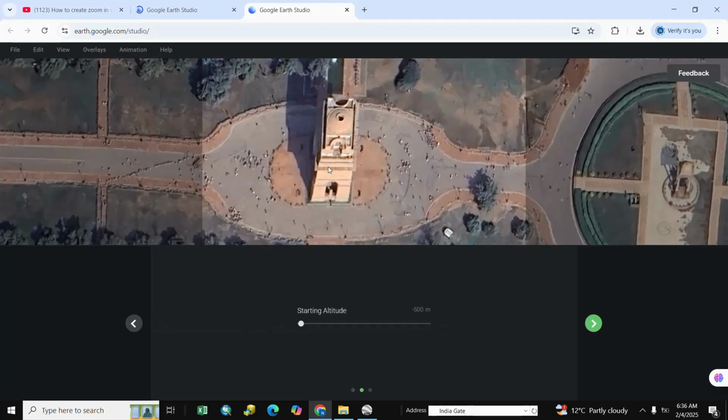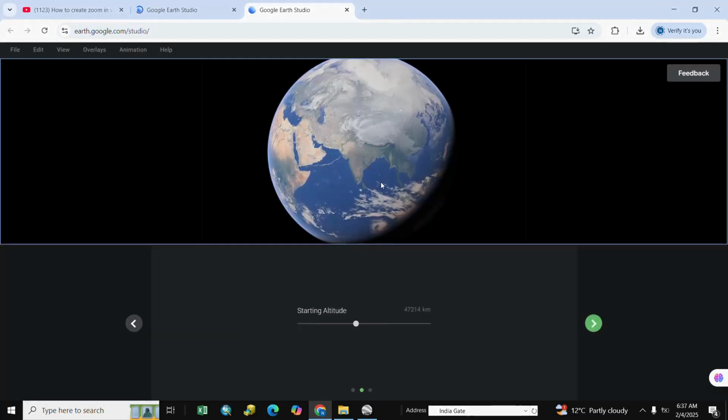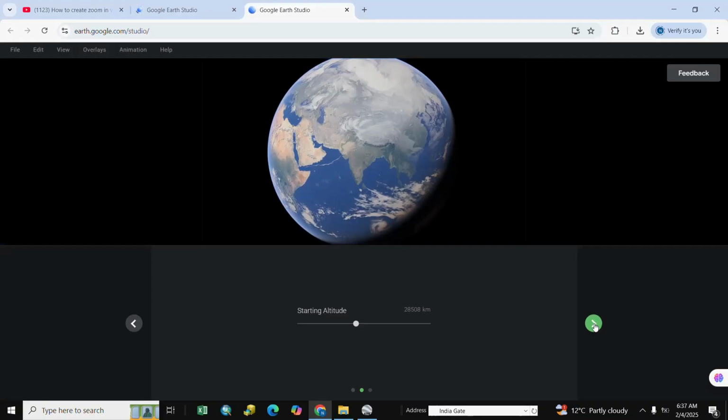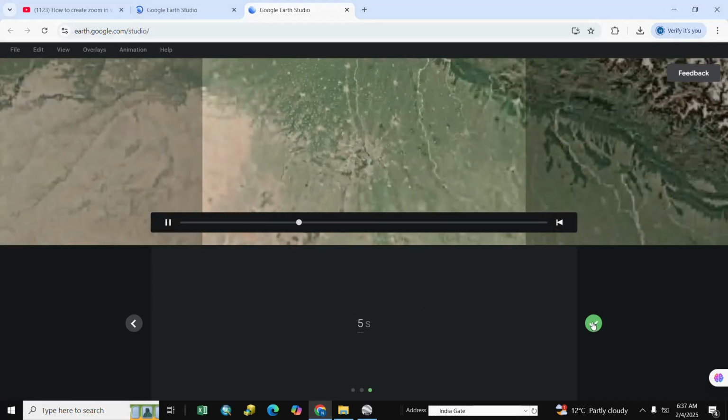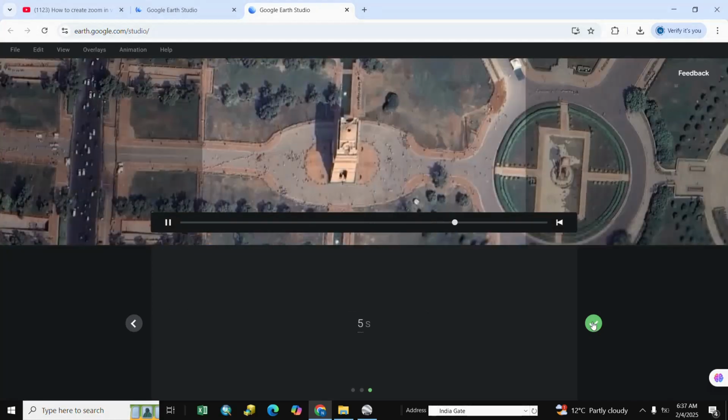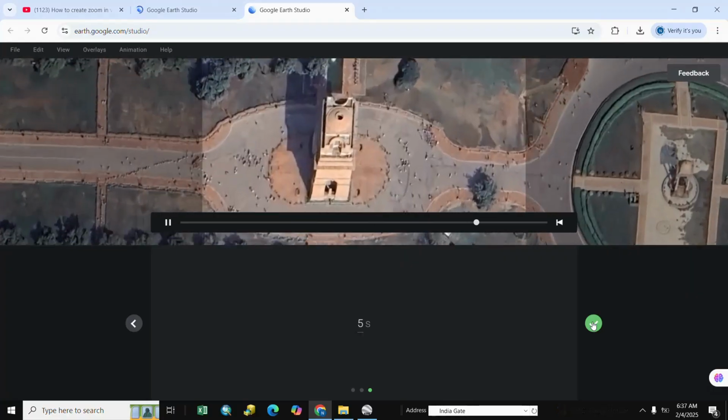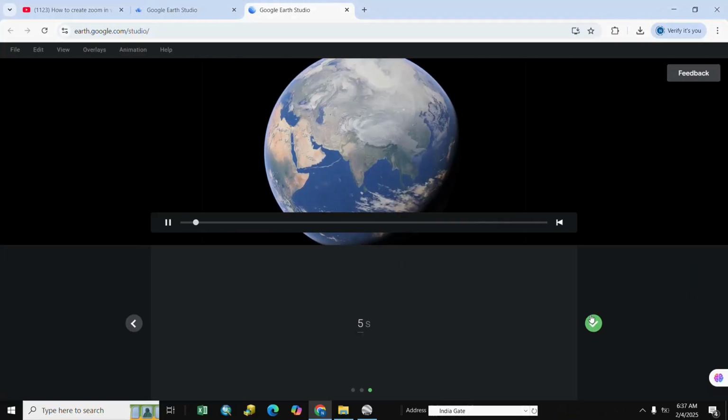We select zoom out. Here is the natural view to see Earth, and we go to next, and you see India Gate here.